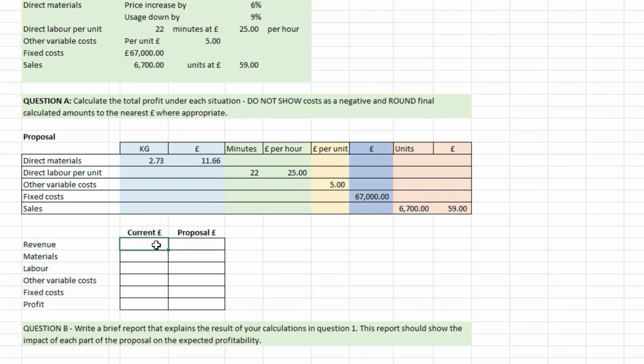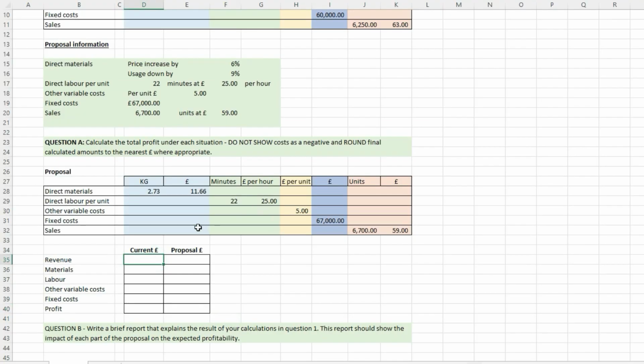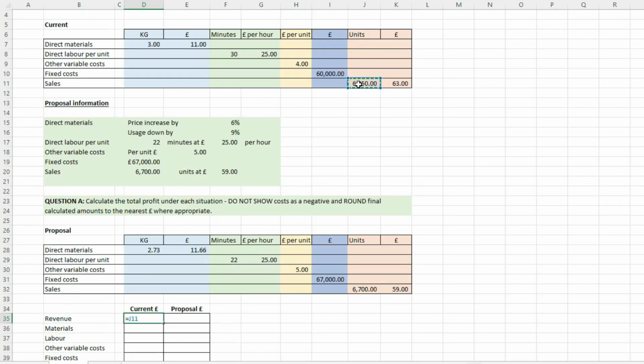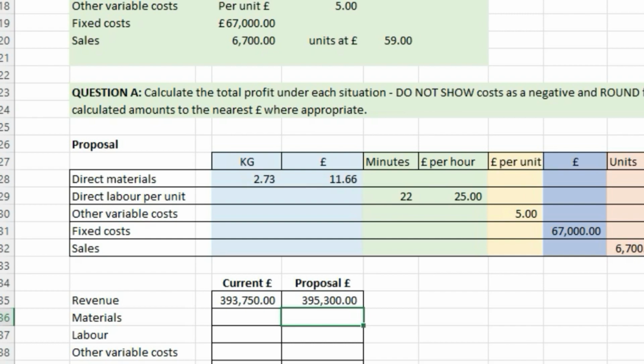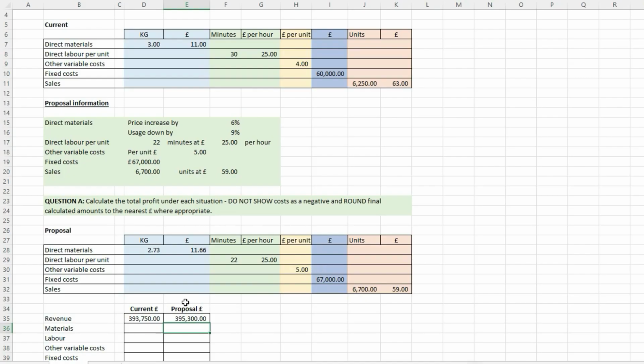So we want to pop in revenue. Our revenue currently is going to be 6,250 units at £63 per unit. Our proposal is going to be 6,700 units at 59. So here we've now got 393,750 current revenue versus 395,300. Now that doesn't mean automatically that the proposal is going to give us a bigger net profit. It might be that the costs associated with this proposal are much larger than current, which is why we need